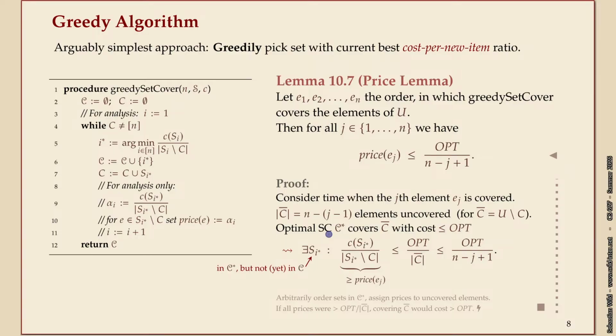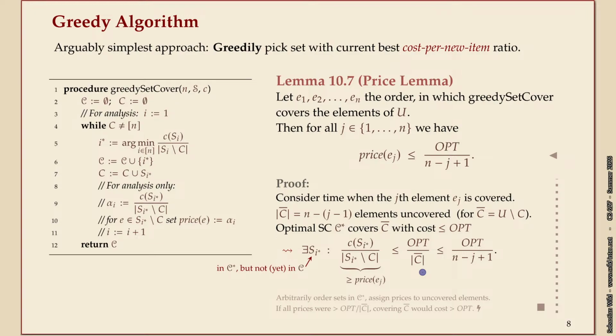So it means that there must be some set, and indeed it could be our set that we pick here in the minimization, which is, I guess, in the optimal solution but not yet picked in our solution, where you can bound this cost per new item ratio, and we can upper bound this by the cost of the optimal solution divided by the elements that are left to cover,